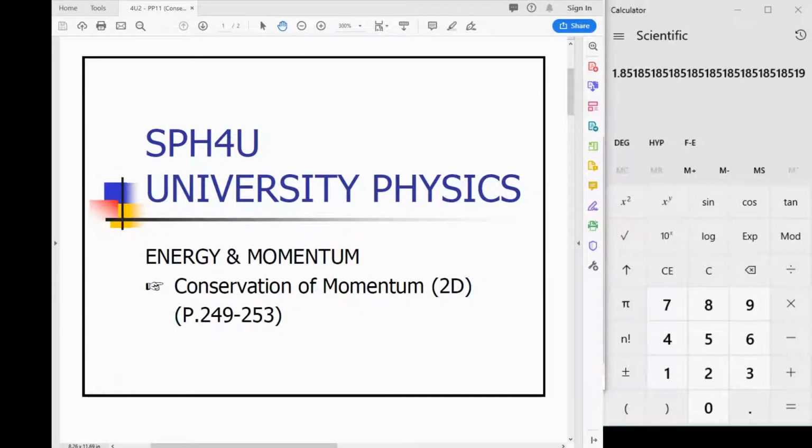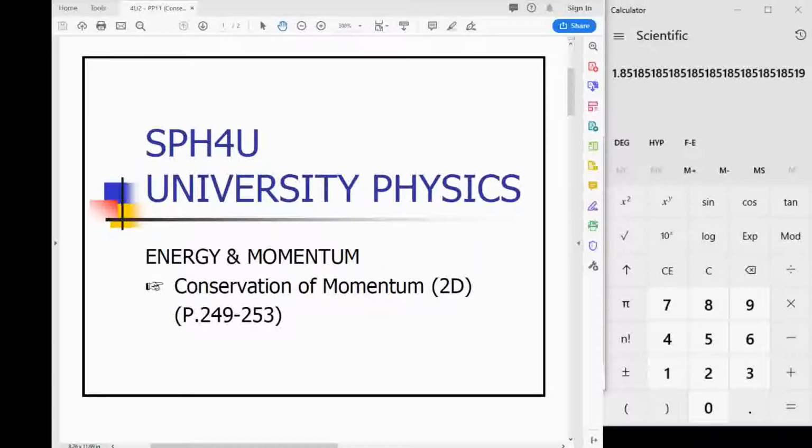Okay, the next lecture is conservation of momentum in two dimensions. This is section 5.5 in your textbook. So we jump a little bit ahead. The types of collisions that you can use conservation of momentum in two dimensions for are often referred to as glancing collisions. So these are collisions where we have a very small delta t, a time of impact, and where